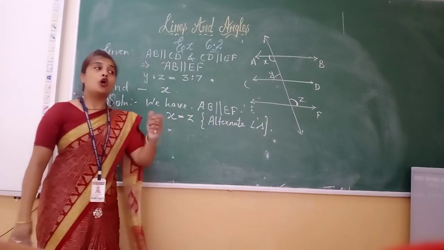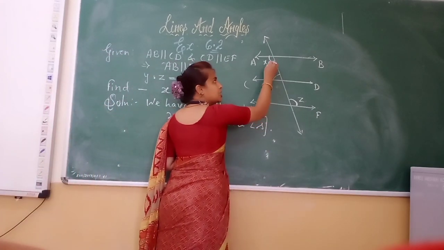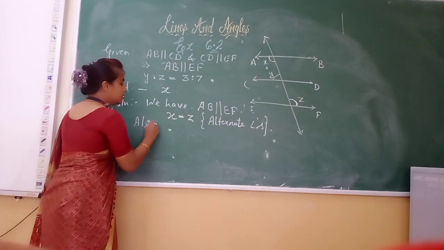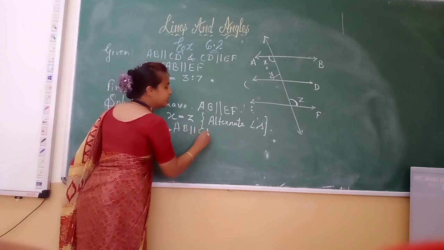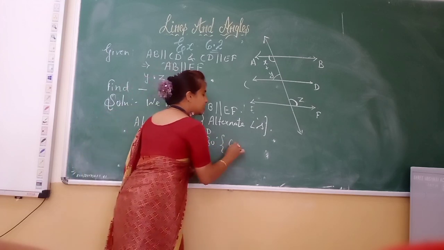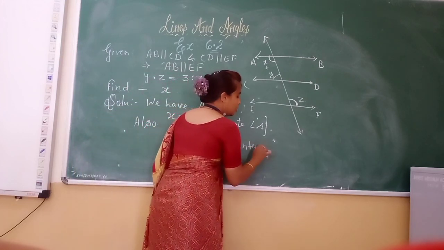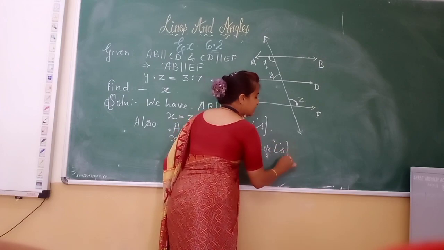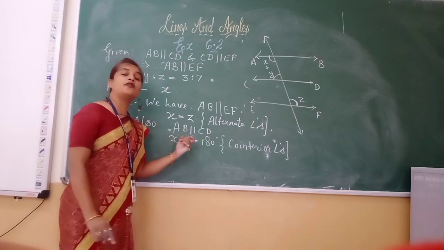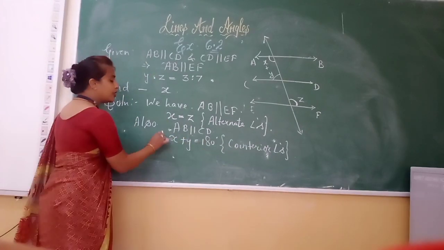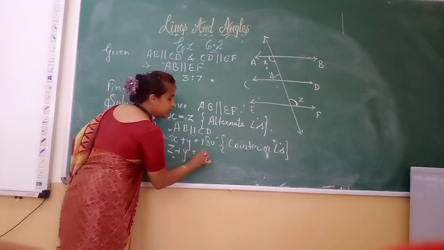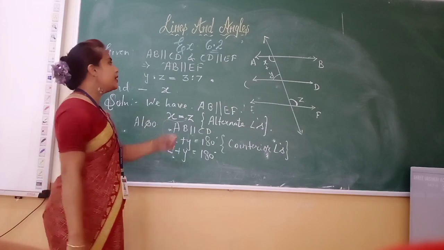Okay. Also X plus phi, the sum of these two angles. As AB is parallel to CD, therefore X plus phi is equal to 180 because this forms co-interior angles. What are these forming? Co-interior angles. The sum of X and phi is equal to 180. What is X equal to? Z. So here we can write Z plus phi is equal to 180, and already we are given here that